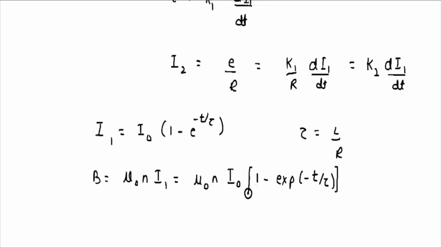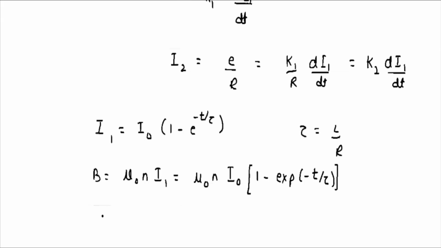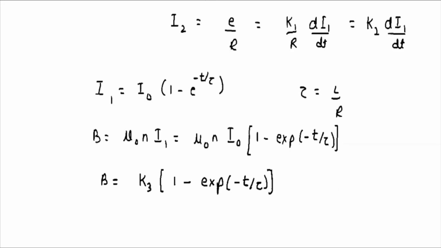So we can take this result as some constant. We can just write it as b equals k3 times 1 minus exponential of minus t over tau. Now what would be the value of I2? I2 would be just k2 times the differentiation of this value. If we differentiate this and put it into this equation, then our I2 would be